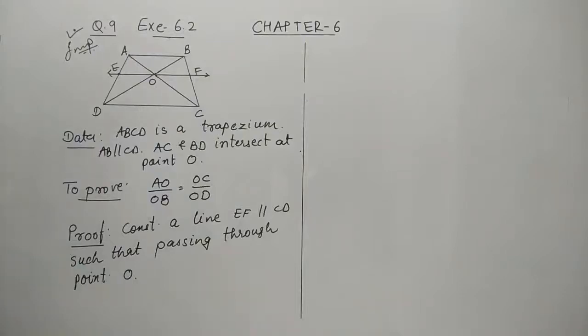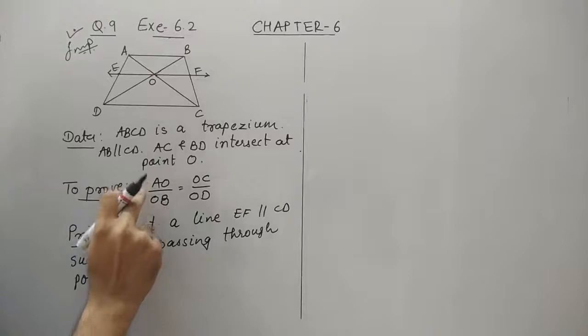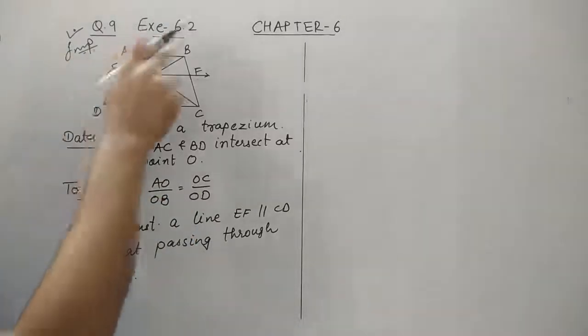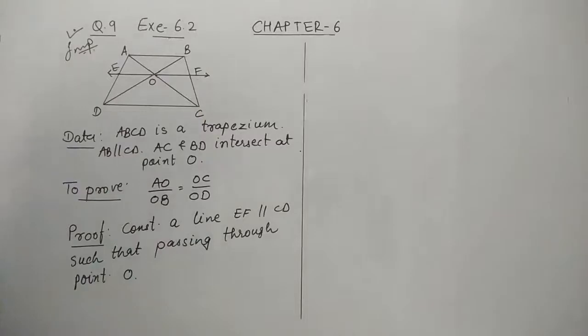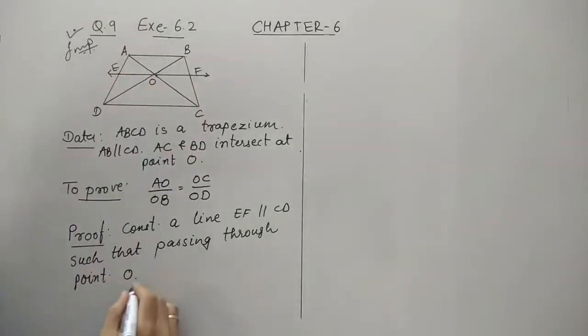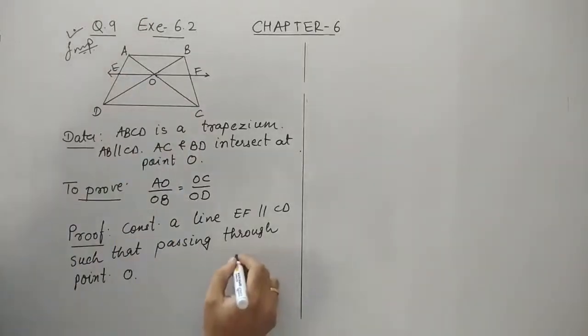Now let's understand what we require. We require AO, OB, OC, OD. So look at this, one of these triangles I will consider. Let me take first triangle ACD. You can take any of these triangles first. Let me just draw it to explain to you.